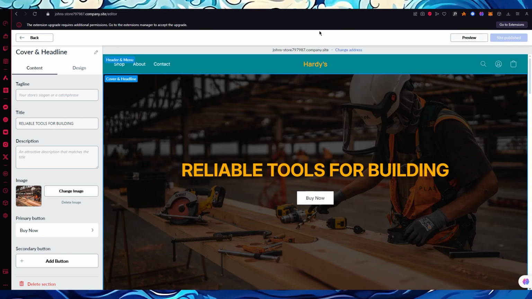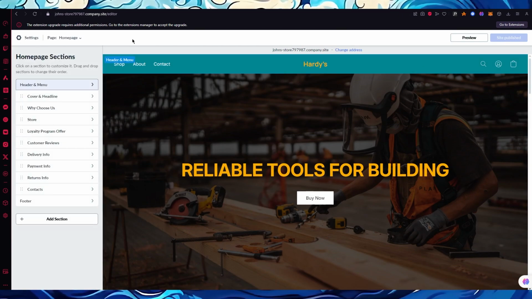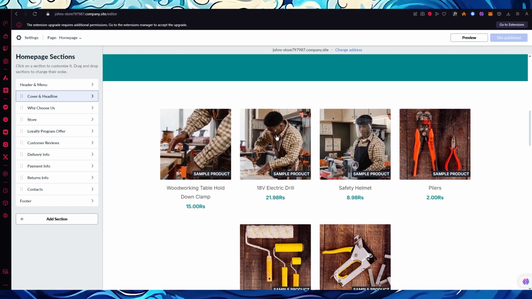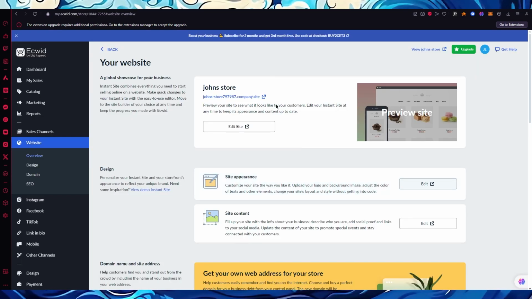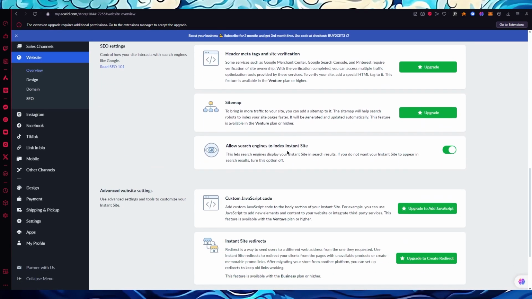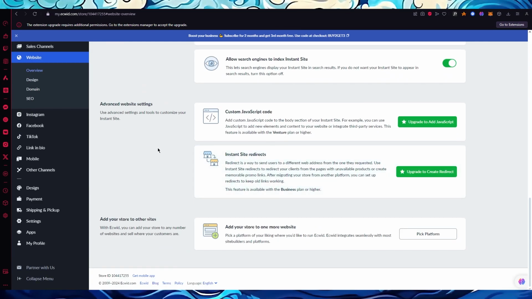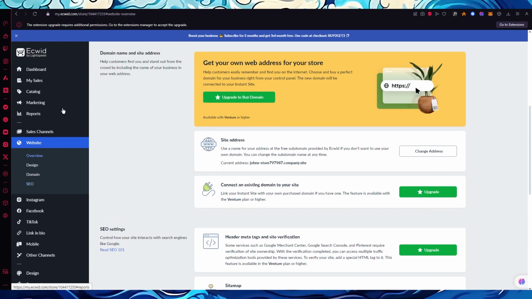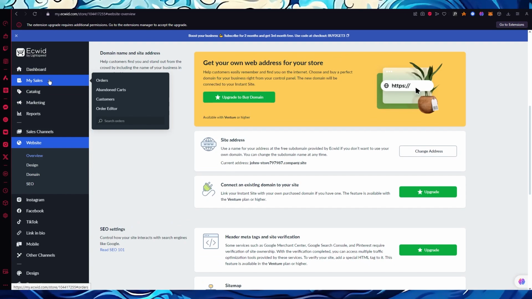So it says the site is already published, so you're pretty much set and good to go. Now once the site is good to go and published, you're going to come back over here, and now we have a proper site with proper domain. Now how will you do drop shipping? Let's talk about that. So to do drop shipping, what you're going to do is you're going to go over